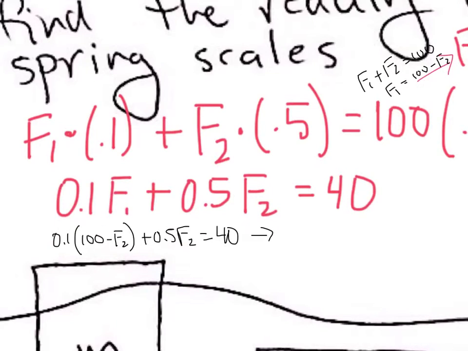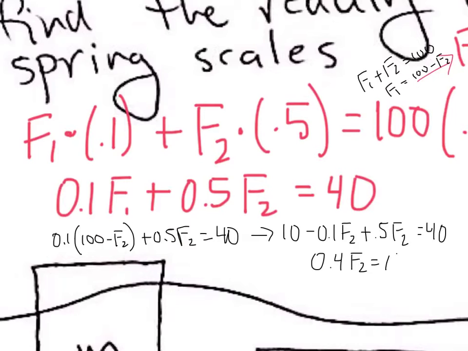Ooh, good thing I didn't work this out beforehand. So 0.1 times 100 is 10 minus 0.1 F2 plus 0.5 F2, by the way, equals 40. We subtract 10 and combine like terms. Easy breezy. 0.4 F2 equals